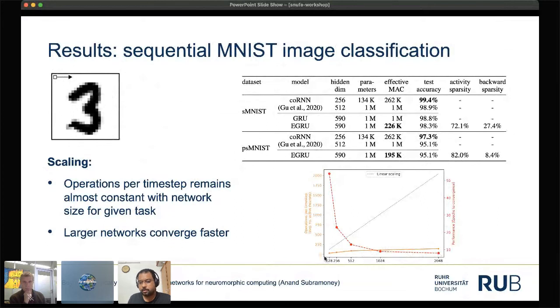But the total amount of computation doesn't really increase on the same level. So if you notice, the x-axis is logarithmic scale. So the total amount of computation about doubles when you increase the size of the model by about 10 times. Right? So we're able to keep this efficiency because of this intrinsic sparsity of the model.